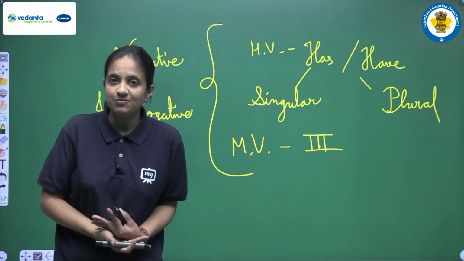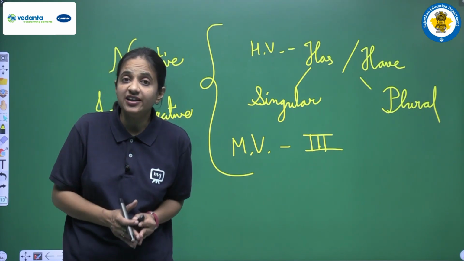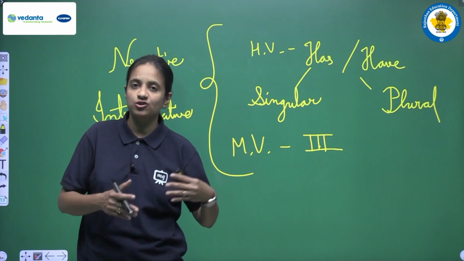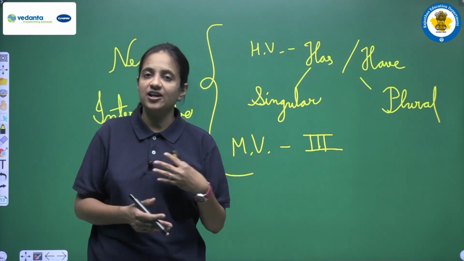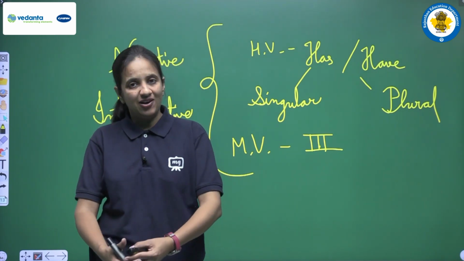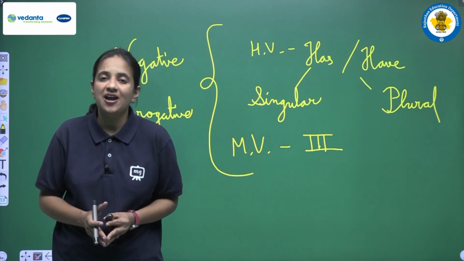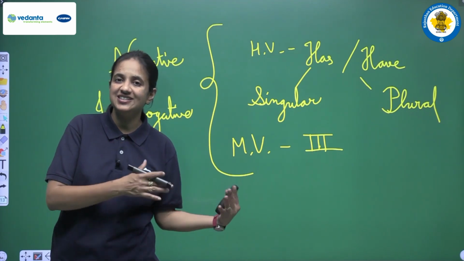So basically present perfect tense is used to show the actions that have completed recently. Okay, and हमने जो common words हैं वो भी हमने पढ़े हैं, that are the words that generally are used in this tense, that is present perfect tense. So now I am very much sure that this tense is very much clear to you all, and now you are having all the ideas, all the information related with this tense, right?